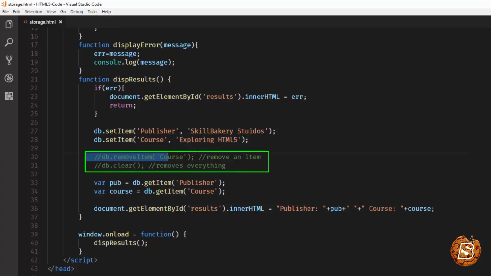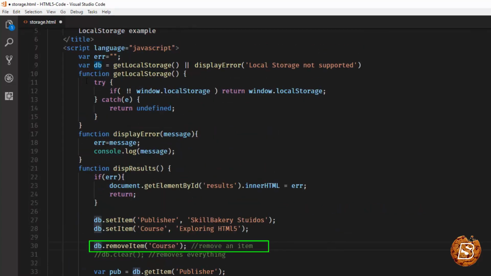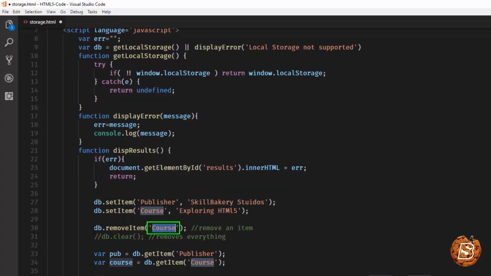Now you can see that I have commented a couple of lines over here, and these are basically if you want to remove an item, all you need to do is just write db.removeItem. Remember, db is something which I have declared. If you are not making an instance in this manner, then you can simply go ahead and write the whole thing window.localStorage.removeItem or localStorage.removeItem, and that will nullify this particular key. And if you want to remove everything, then just go and say db.clear. Now let's comment them back,